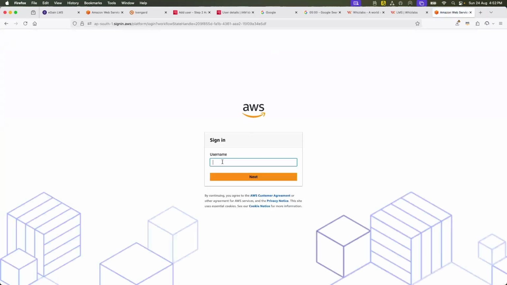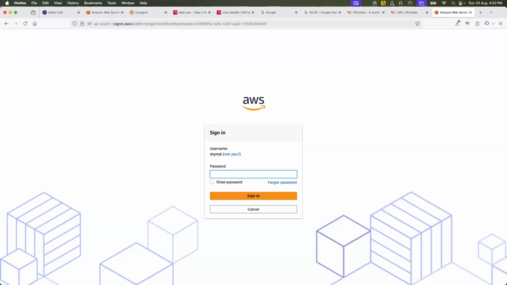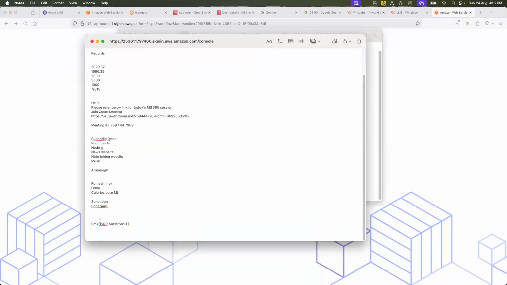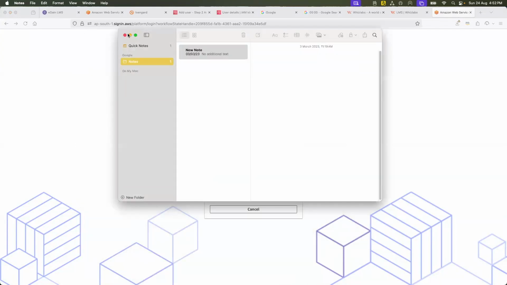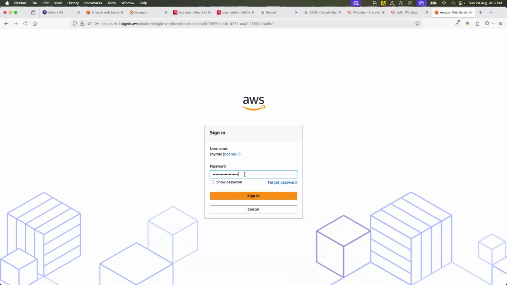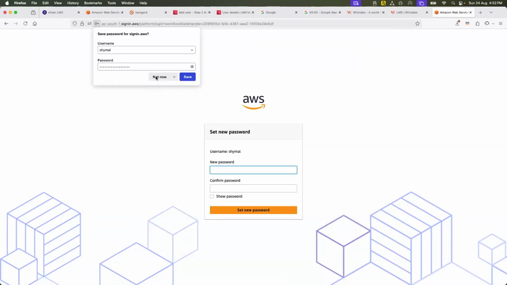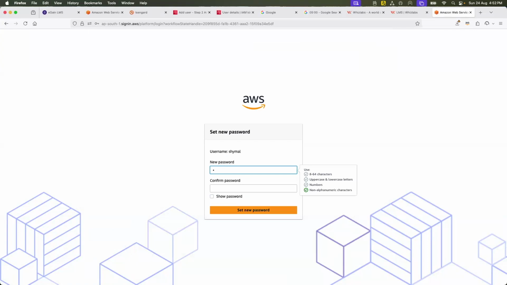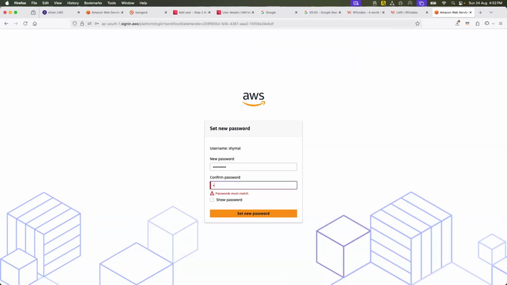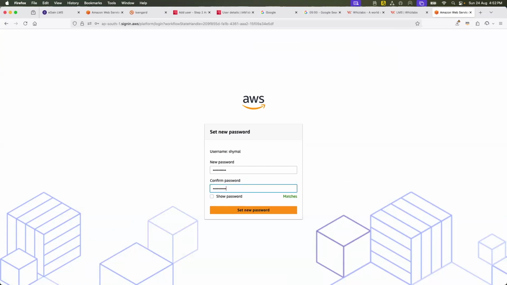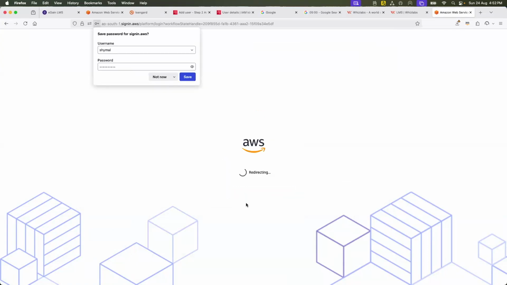Now you see it is asking for the username and the password that I've just copied over. Sign in with a new password, because this was a one-time OTP. Probably I can put a different password now and set the new password.